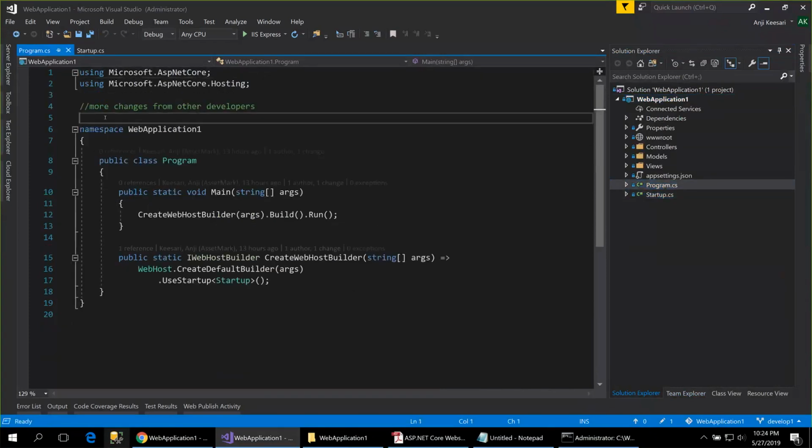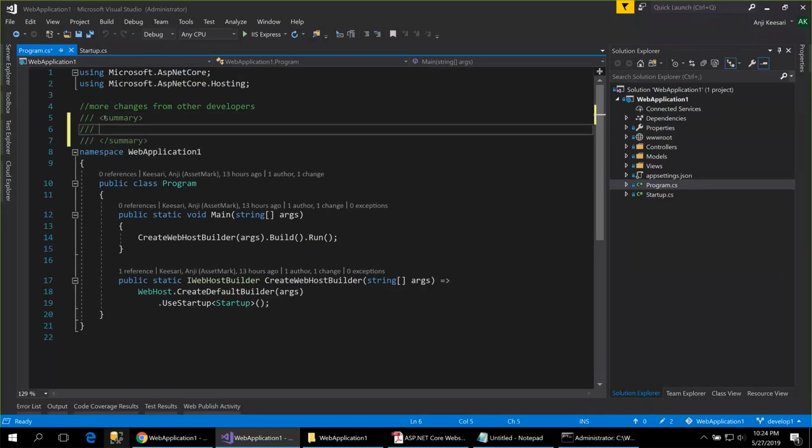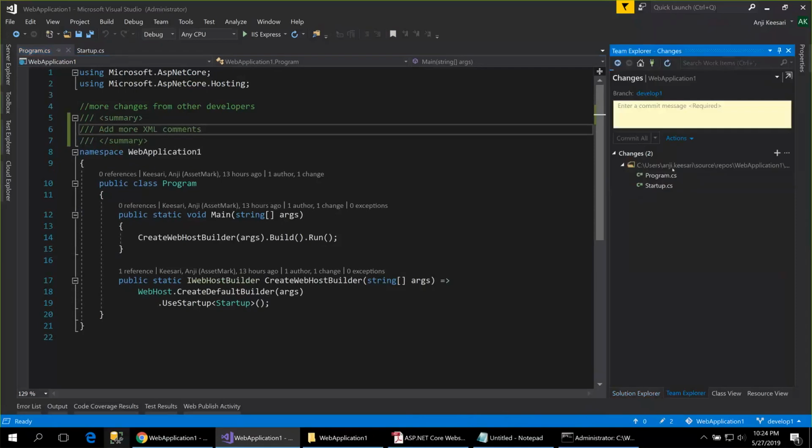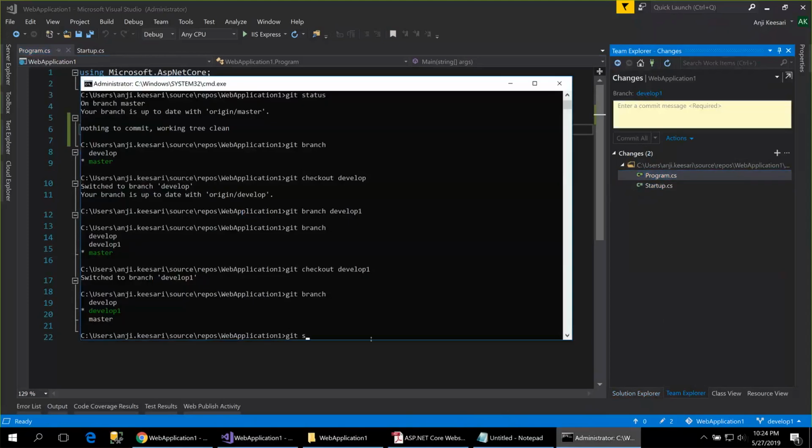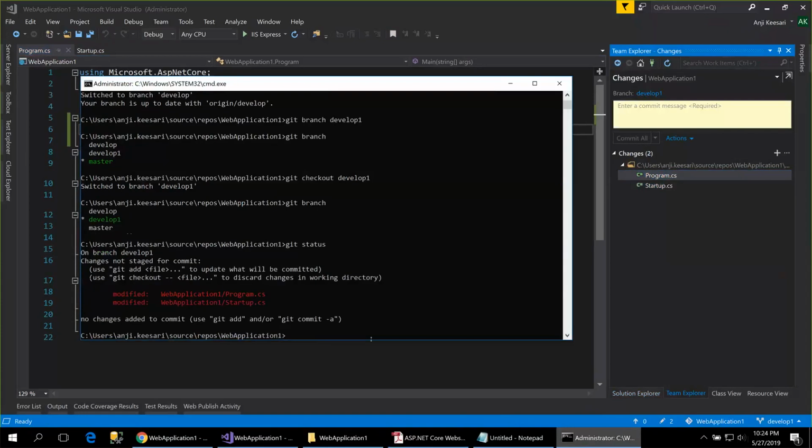Same thing, go to the program file, add XML comments, add more XML comments. Now I see there are two files got changed, program and startup, and these two files are not staged yet. So go here, git status. It will clearly show there are two files got modified, program.cs and startup.cs, and you can use the git add